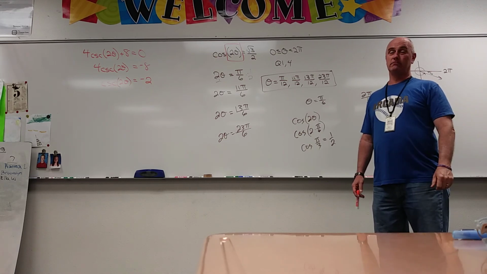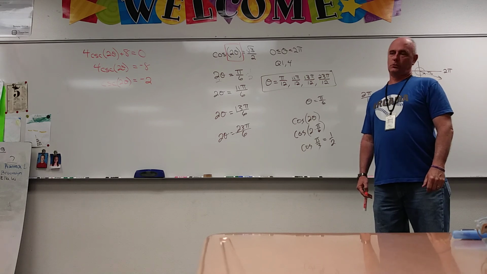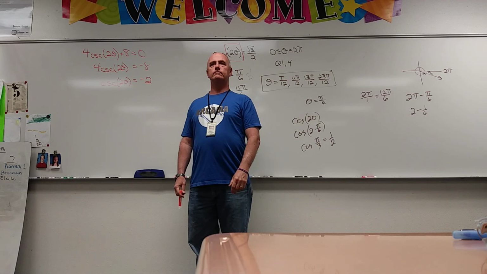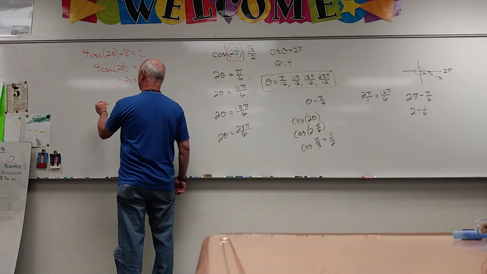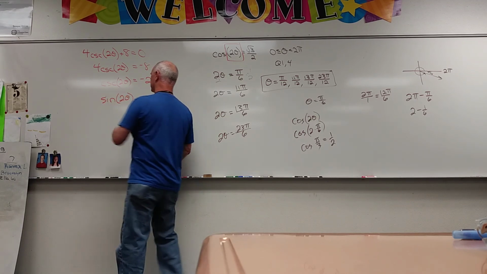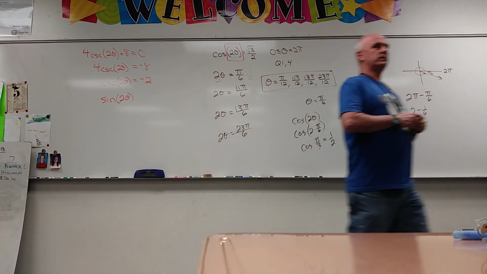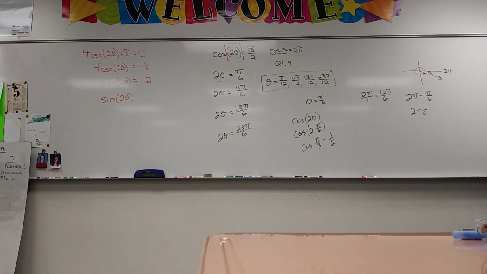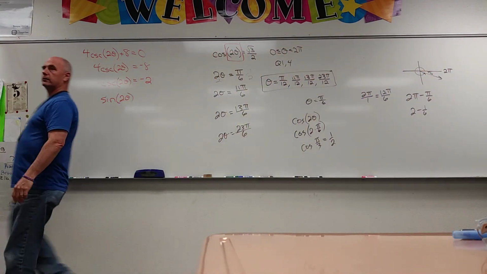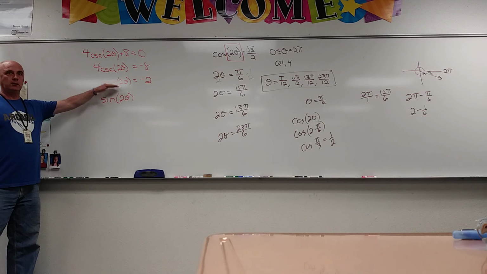I don't like cosecant either. Can we change it? 1 over sine. Okay, tell me what to write. 1 over sine. Did I just take the reciprocal of that? Yes. The reciprocal, hang on. The reciprocal of the cosecant of 2